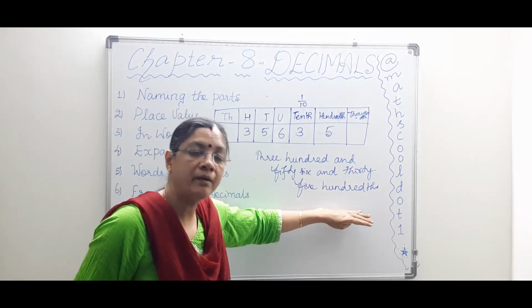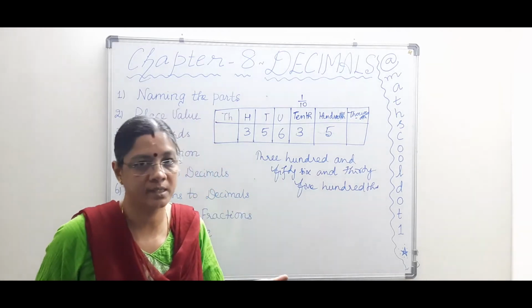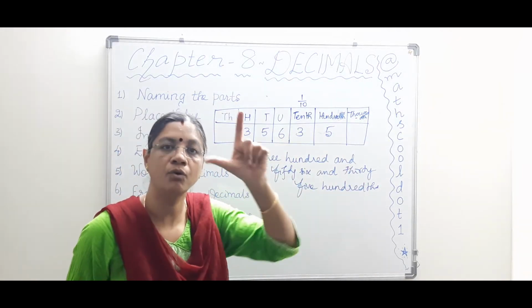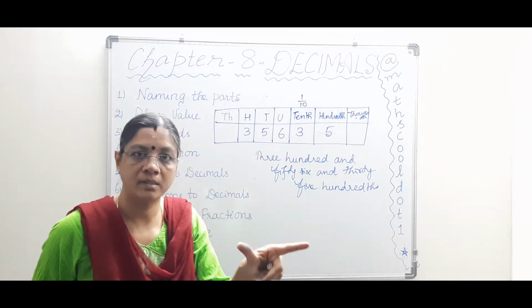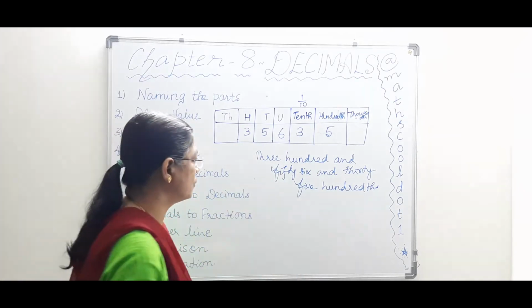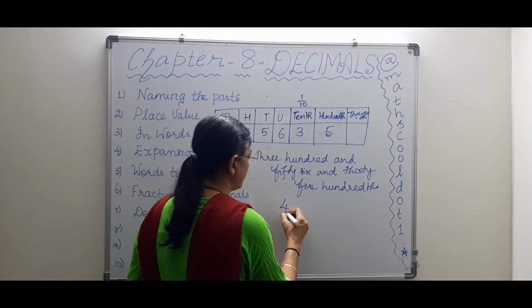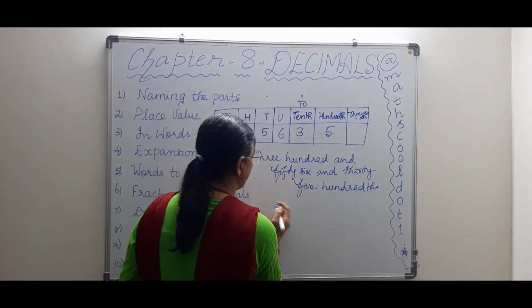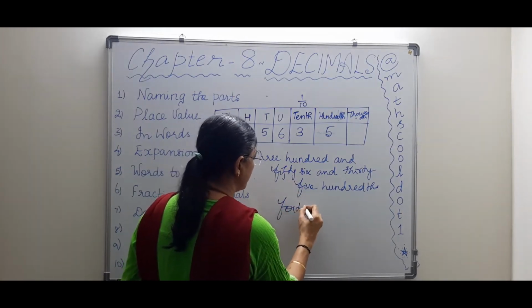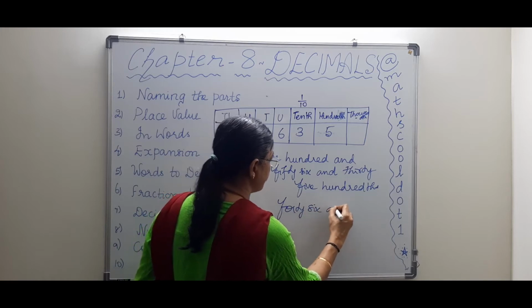If it is 100th, then you know there are two places, that is 10th and 100th. You know there are two places in the decimal part. Okay, so that is the clue for you. See, if I write, say for example, 46 and